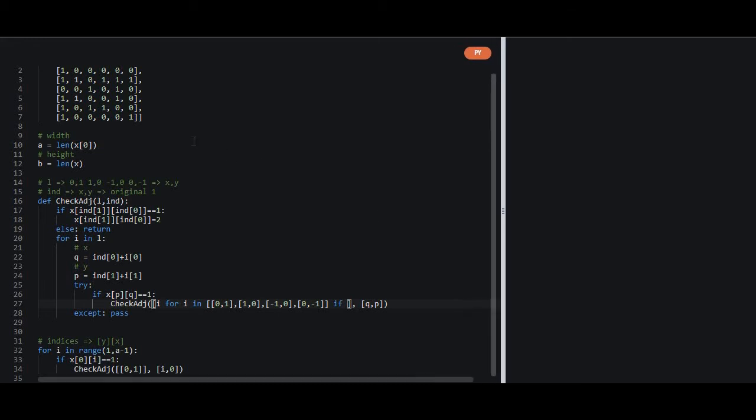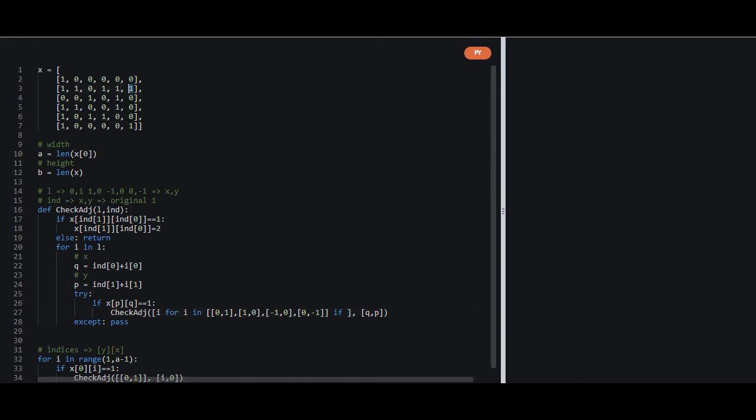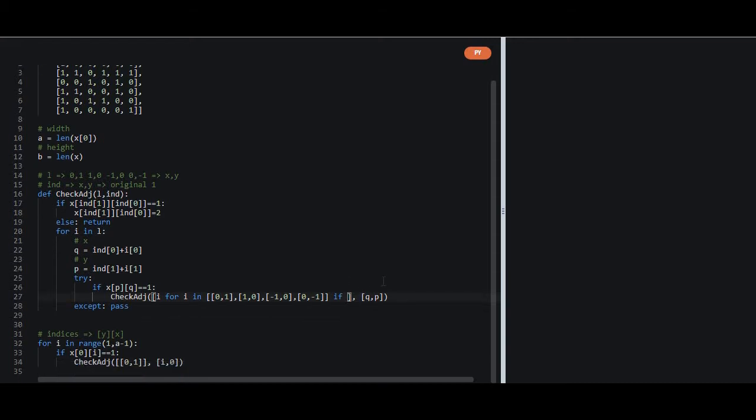So we went from right to left. Now we don't want it to go again from left to right. So what exactly we are doing is just opposing the directions. For example, our direction is p comma q. So the opposite of p comma q would be minus p comma minus q, and we don't want minus p comma minus q to be there.